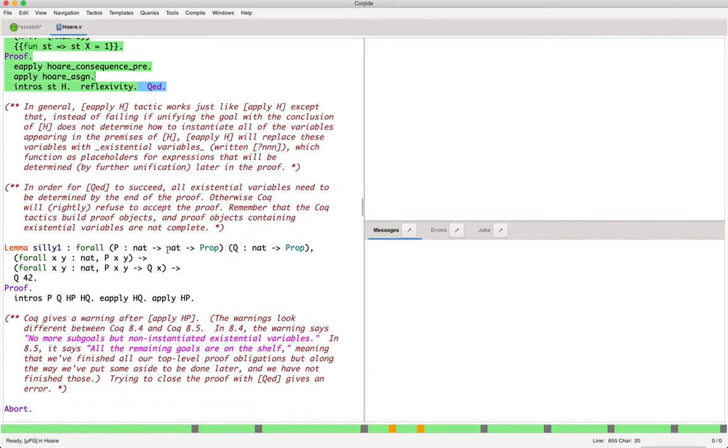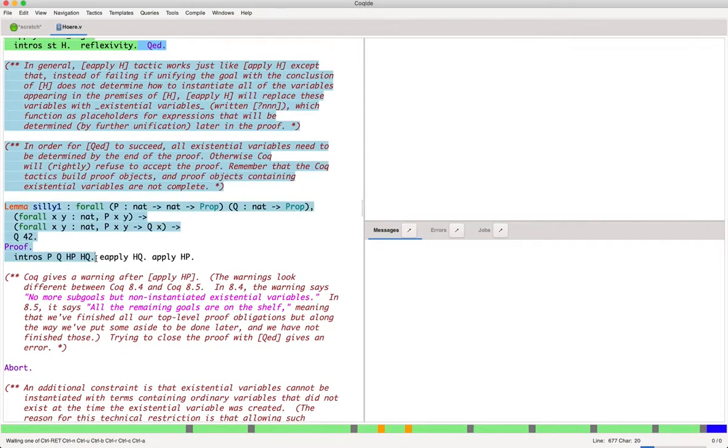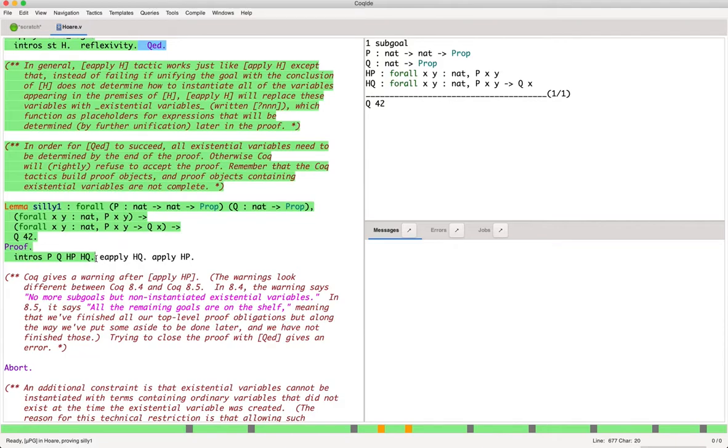So this is an example of what happens if you don't do that, or if you don't fully determine the variables. So in this particular case, you've got a theorem that says that Pxy holds for all x and y, and you've also got another one that says that if we know Pxy, we know Qx, and what we've got to prove is Q42. So obviously this follows because we can apply HQ, right? But if I apply HQ,